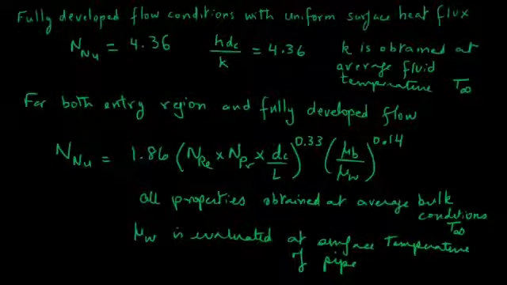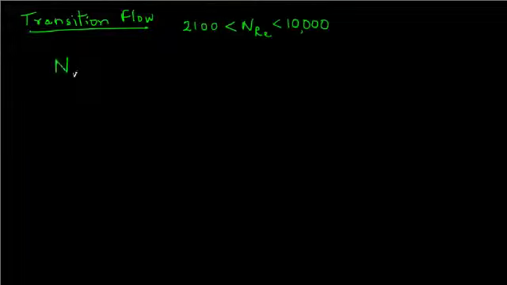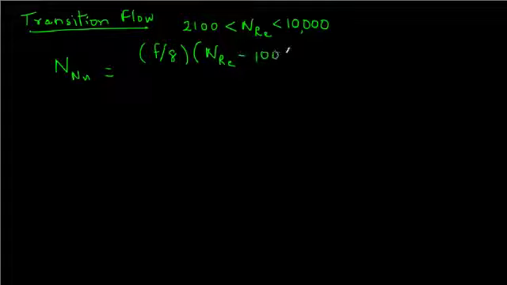The second case is of what we call transition flow in a pipe. This is the condition where the Reynolds number is greater than 2100 but less than 10,000. Now in this case, the formula is a little more complicated. Nusselt number equals, and it'll be a ratio, so in the numerator we have f over 8 times Reynolds number minus 1000